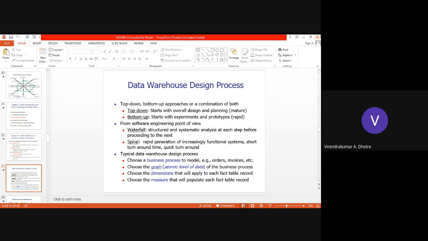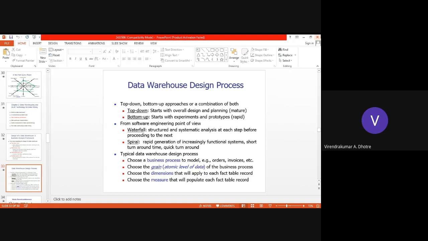If we compare it at the other end, bottom up always starts with experiments and prototypes. So I add, and then I go topwards. It starts with experiments and prototypes which are always available, and we use them based on history, based on need. I'm in requirement of a particular thing. Whether such a thing is implemented, whether it has given results. If yes, then choose it, and then build your remaining overall design.